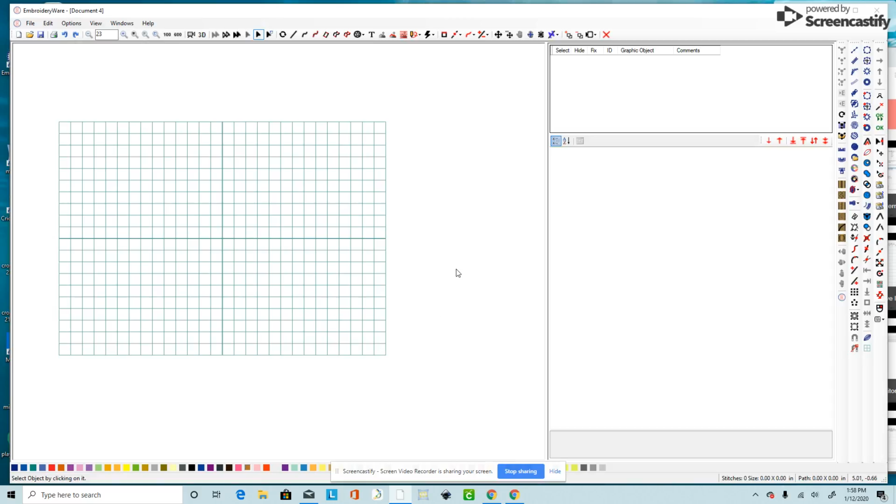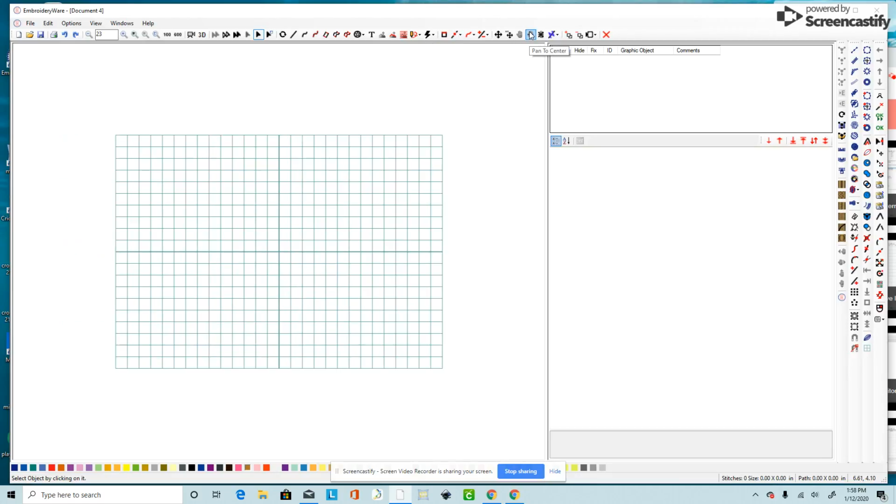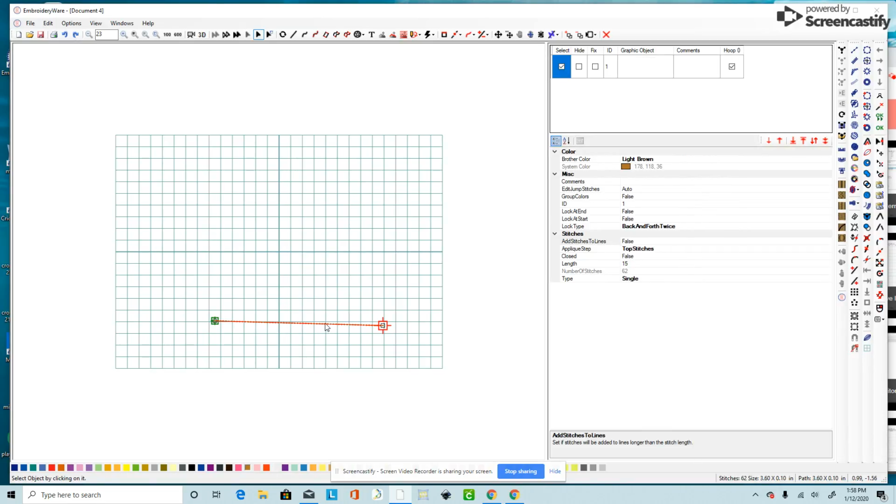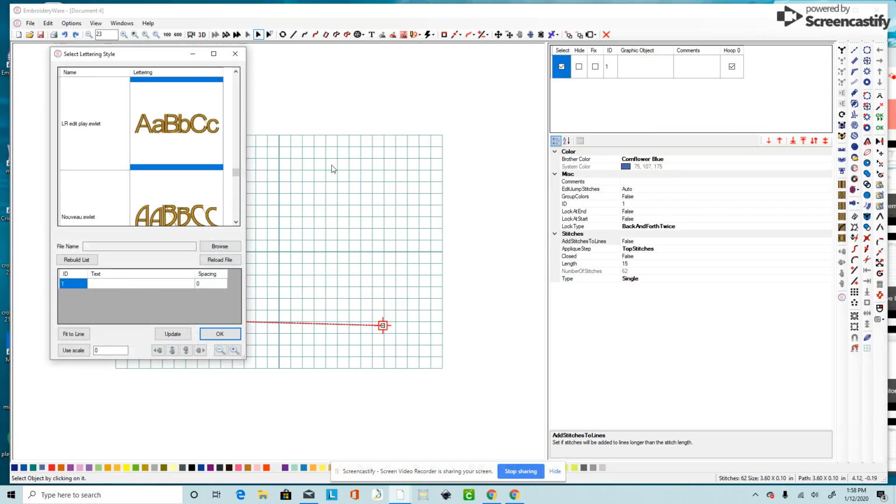All right, super excited about the new editing tool for the EW fonts. I'm going to make a line. I'll change that to a darker color so you can see what I'm doing better. And come over here to the lettering. I'm going to choose